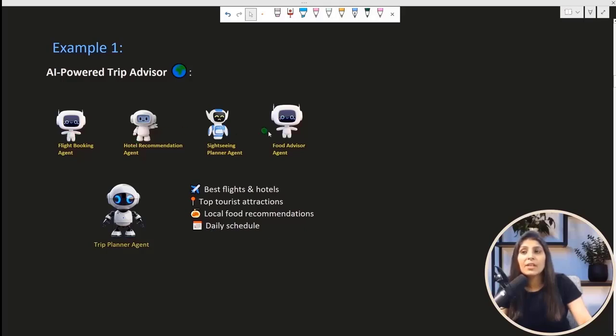See, here every single agent is doing some specific task, and if you try to plan your trip manually, then you are going to spend so much time getting all these details. But here, with the help of this AI powered TripAdvisor, we are getting it in minutes or in seconds, right? So this is how you can use Crew AI to build such applications.